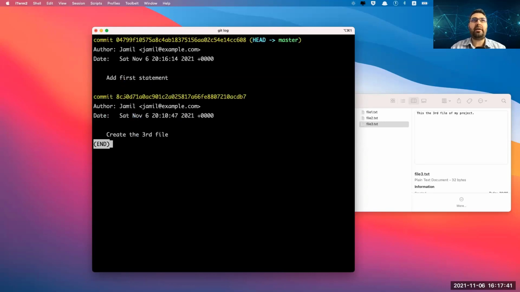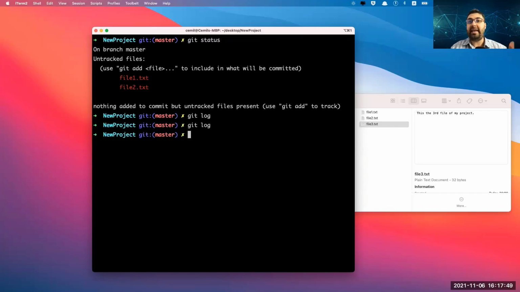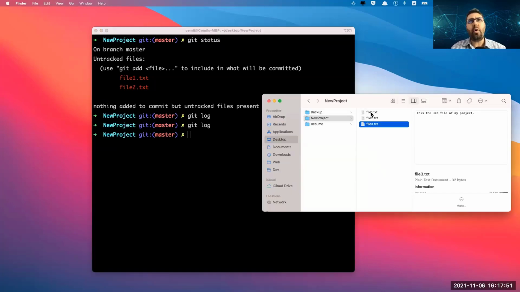So if you want to get back to this, you can get back to that. We are still here, so nothing to worry about. Okay, but the basic workflow again, let's do it over with file 1 or continue with file 3, up to you.